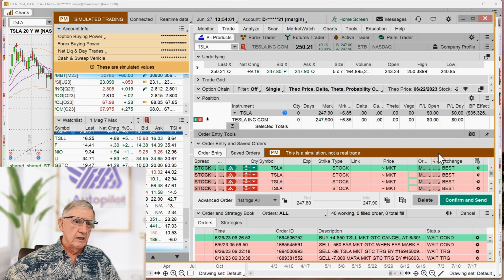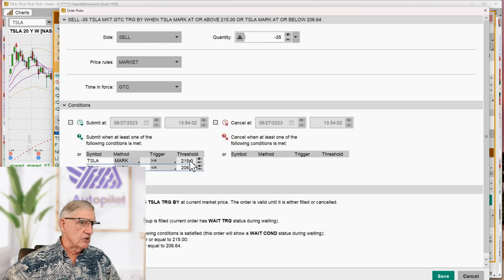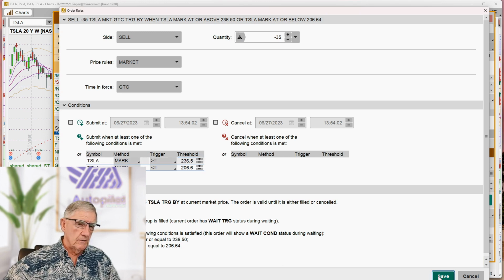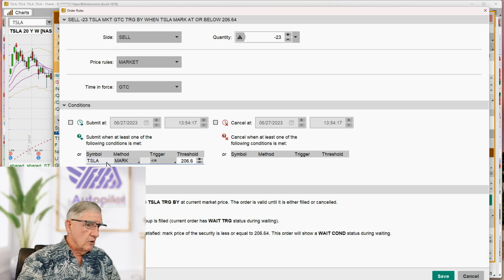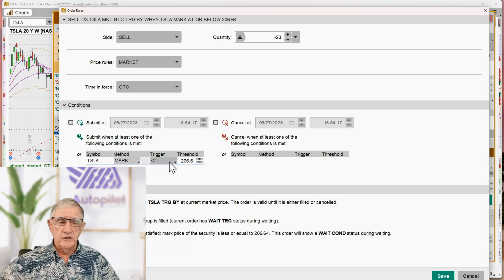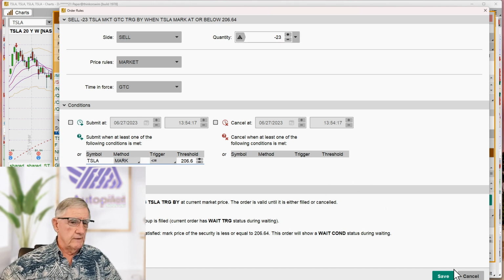Save that. I notice something I need to make a modification on right there. I need to modify that to my 236.50. That is my 10% profit target. And then the very last one is just simply, I modify the number of shares, which is 23. The only thing I have to do on this one is just remove my profit target. And all this serves is a stop loss on the initial trade. Save,